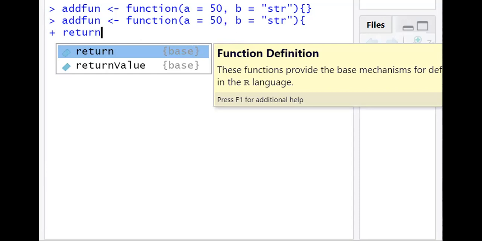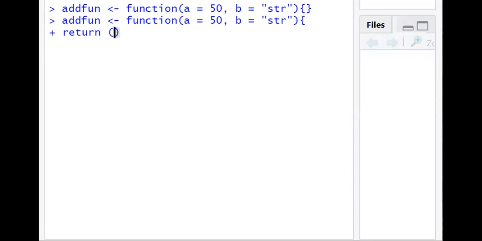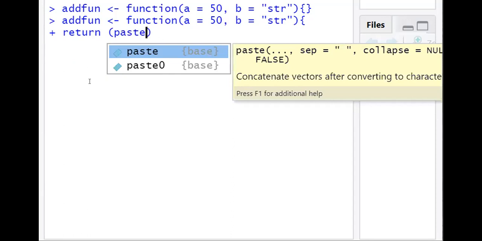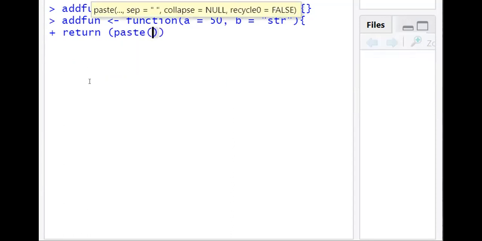So we can write it as a function itself. So yeah, we can write paste, that a comma b.